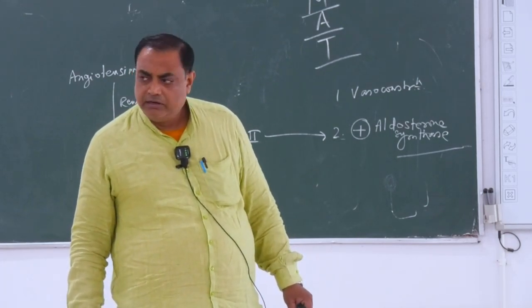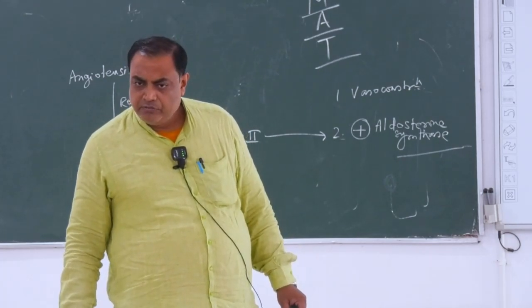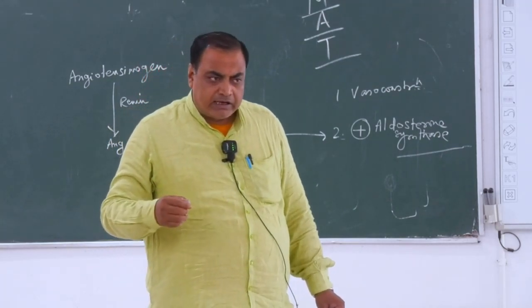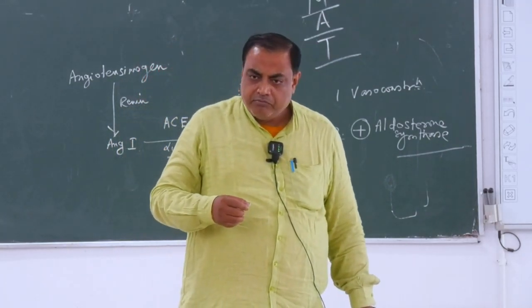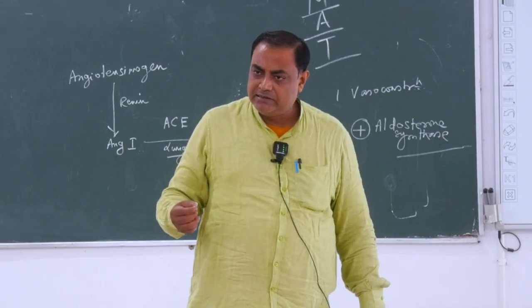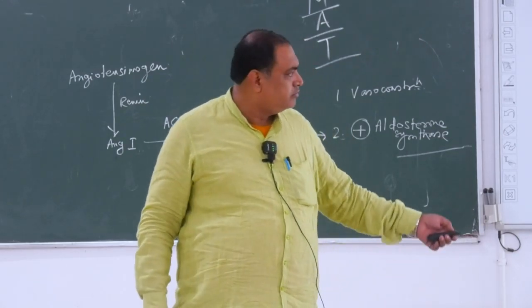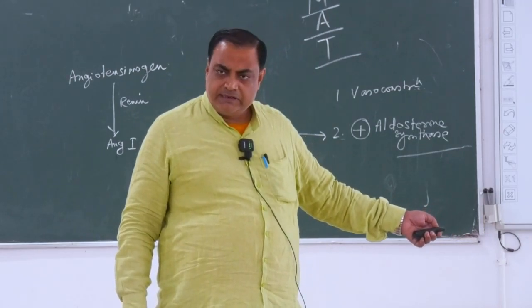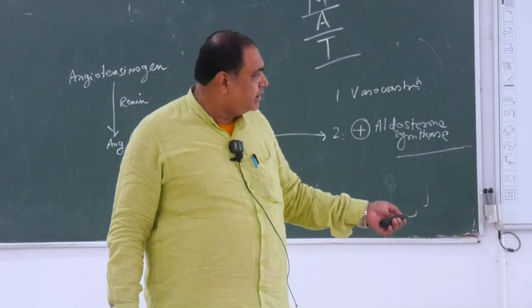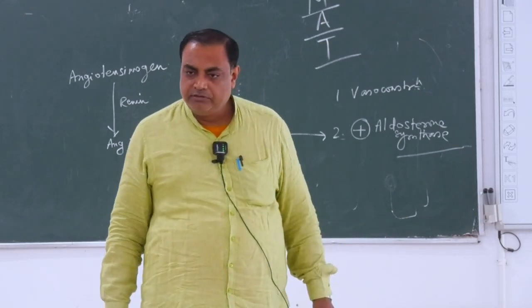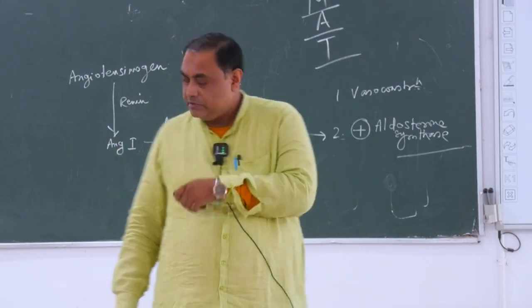The cancer cells which are multiplying at a higher rate require more nucleic acid to be synthesized. More nucleic acid synthesis means more and more of this is required, but the conversion is stopped due to these compounds: